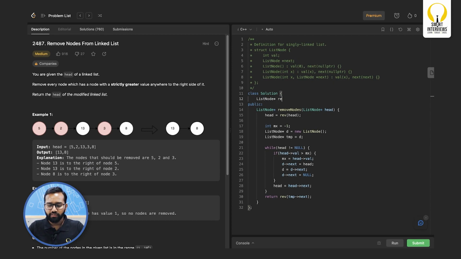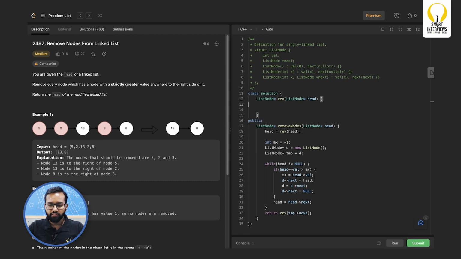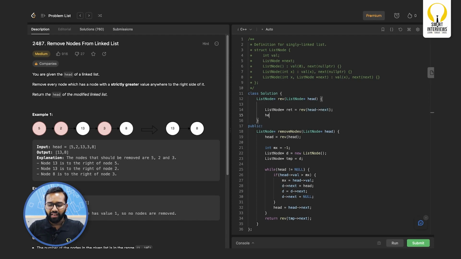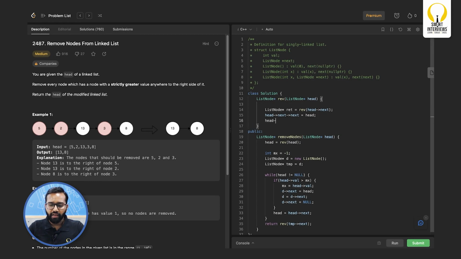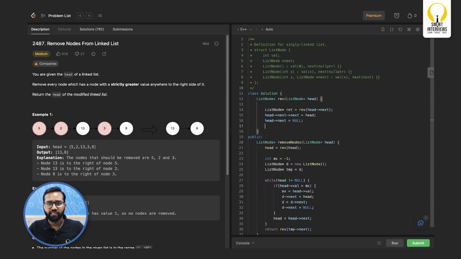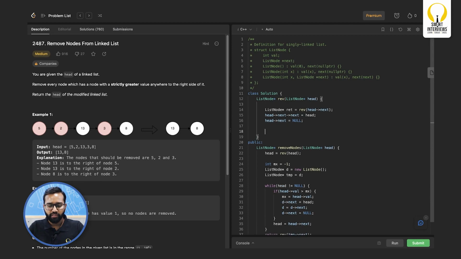So, ListNode star reverse of head will simply reverse the remaining part of the linked list. So, we will reverse head of next and we will delink it by saying head of next of next equal to head and head of next as null. Like I said, I am not going to discuss the logic for reversing a linked list, I am simply writing the code in this video. We will return whatever we get from the reverse function at the end,